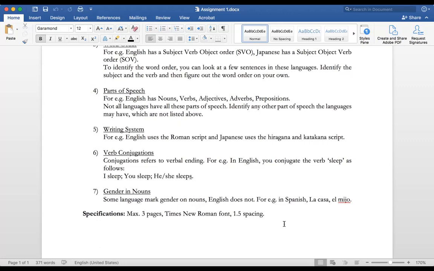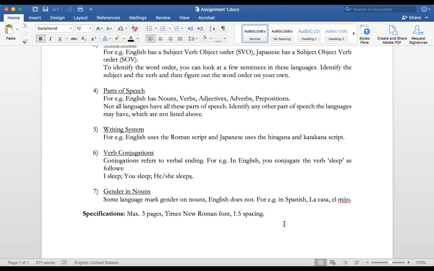Does the language have verb conjugation? So what are conjugations in English? In English, to signal differences in time and aspect, you use conjugations on the verb. So you can say, I sleep, you sleep, but he or she sleeps. Right, and that's at the end of the verb is the conjugation. It's a third person conjugation, suggesting that the person who's doing the sleeping is a third person, right? It's not me, it's not you, it's a third person, right? So does the language that you have these kind of verbal conjugations? Maybe it does not, right? And so at that point, you just tell me that this language does not use verbal conjugation.